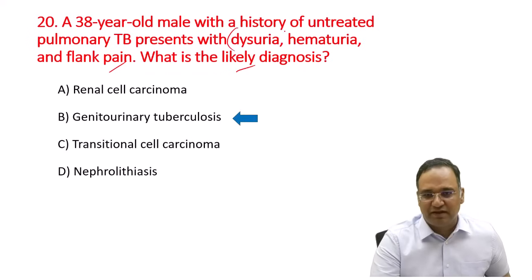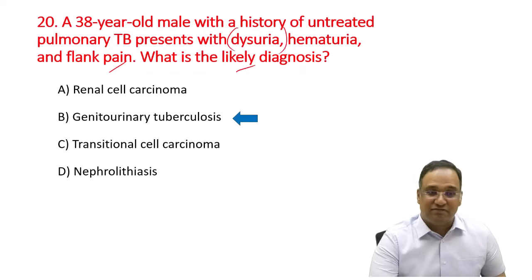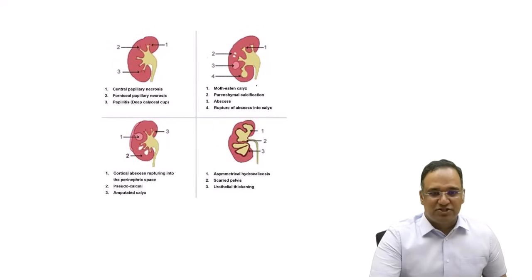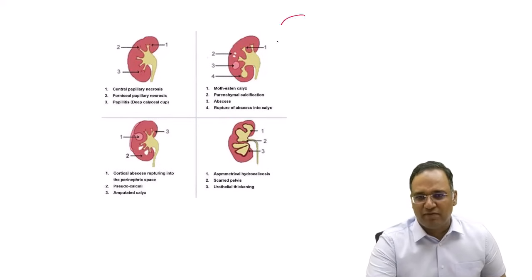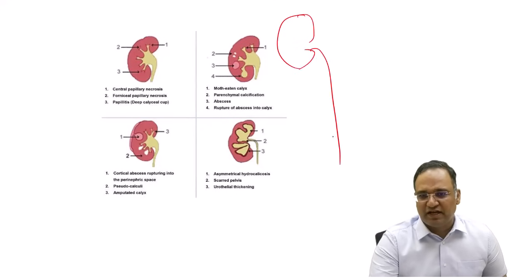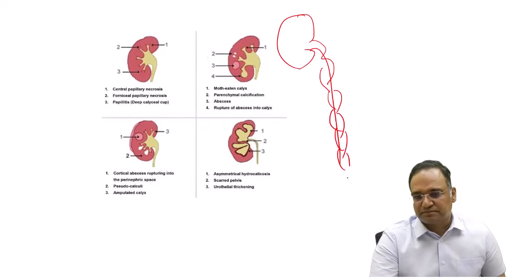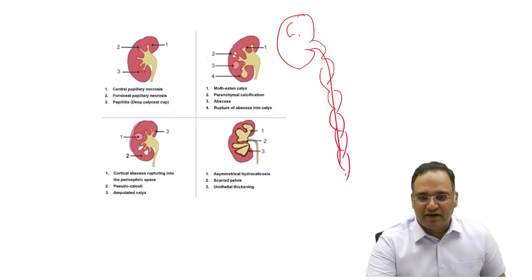Dysuria is one of the key symptoms here, and hematuria might or might not occur, but flank pain does occur. There are typical features available in the 4 pictures, but the earliest change would be renal papillary necrosis, and that sheds into the renal pelvis. So renal papillary necrosis sheds into the pelvis, causing pelvic stenosis, and pelvic stenosis will cause